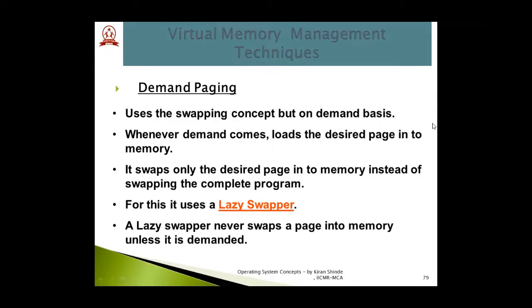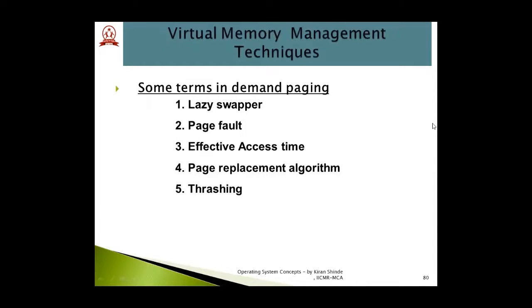So there is one concept which is called the lazy swapper. Now, why is it called a lazy swapper? Because with this program, only the page which is required at that moment of time will be swapped into memory. And that is why it is called a lazy swapper. Some more terms in line with demand paging. We talked about what a lazy swapper is. Soon we will be talking about what you mean by page fault, and how to calculate the effective access time of that particular byte or page from the memory. Then, as I mentioned, in the further video lectures we are going to talk about the concept of page replacement algorithms and thrashing.